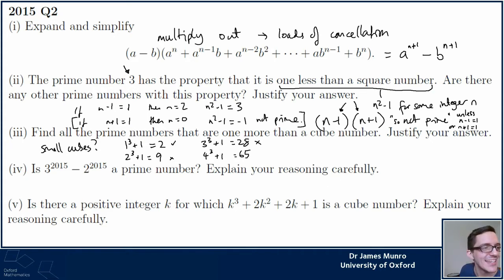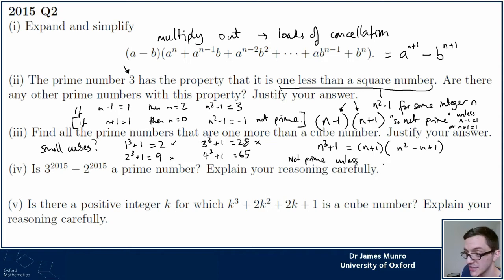People in chat are saying we can factorise this again. We can factorise, this would be n cubed plus 1, and then that is equal to n plus 1 times some sort of factor. Somebody in chat has just written out what that is. Thank you, anonymous person in chat. Is this a prime number? Well, we've sort of factorised it. So this is pretty bad news if it's going to be a prime number. So it's kind of going to be not prime